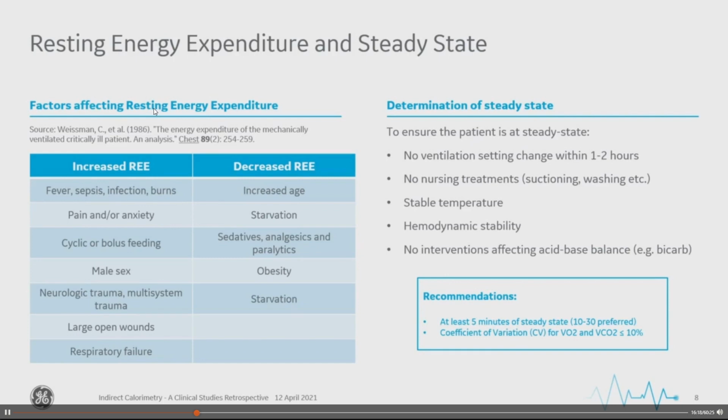Migrating over just a little bit, talking now with regards to determination of steady state, because to be able to get informative and clinically actionable information from your calorimeter, you want to ensure that the patient is at steady state. And what does steady state mean? Several key points. You haven't changed the ventilator settings within the past 1 to 2 hours. There are no assertive nursing interventions such as tracheal suctioning, washing, wound debridement, etc. The patient, from a temperature standpoint, is stable. Hemodynamically, the patient is stable. It's not like all of a sudden you started the patient on a dobutamine infusion or the like